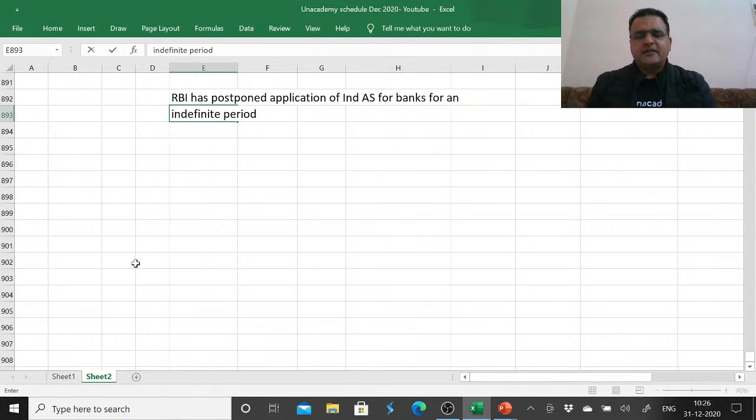The reason I see is the application of the expected credit loss model of Ind AS 109 Financial Instruments, which will require projecting the defaults of the future. It's moving on from the incurred loss model to the expected loss model, which will have a heavy impact on the banks because they'll be required to calculate the expected credit losses for any advances they have given in terms of loans, for lifetime expected credit loss and